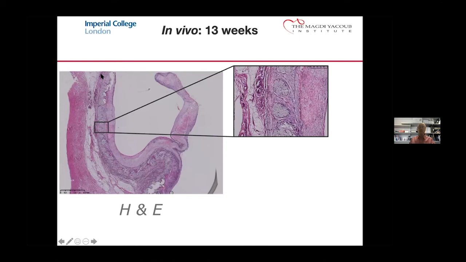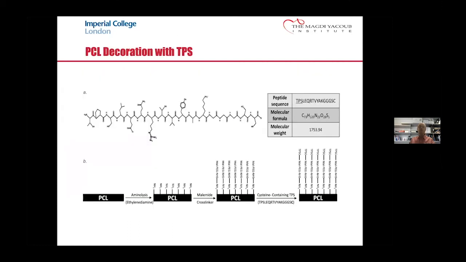So, as I mentioned earlier, one of the issues of implanting just scaffold material is you have literally no control over what cells enter, other than governed by the porosity of the tissue. So one of the other projects we have, which hasn't yet married up with the valve production, but I'll share it with you anyway, is to decorate PCL scaffolds with this peptide, which has a great big long name, but is conveniently shortened to TPS. And this peptide specifically binds endothelial progenitor cells.